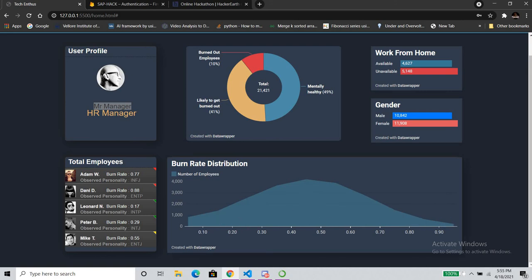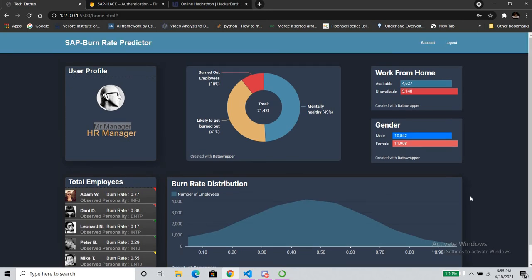And that would be the end of the presentation. As you can see, we have made the working product. Now how these things are connected is that in the backend we are using a machine learning model, like I said, using Python, and we have made an API using Flask. With those APIs we have connected it to the database, and from the data that we have put in the database, we are getting these results out. So as you can see, the product is completely ready to be marketable. It could be made better obviously, but it is a good prototype for a product. And that would be the end of the presentation.